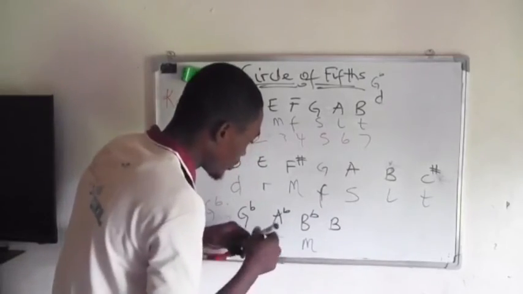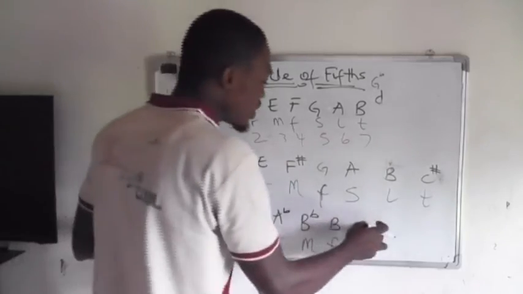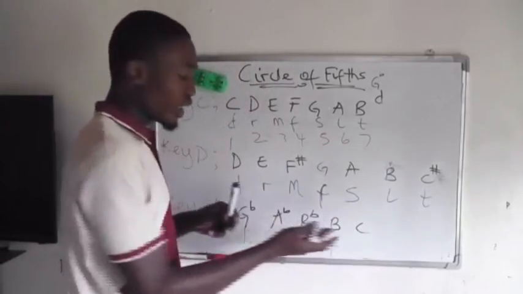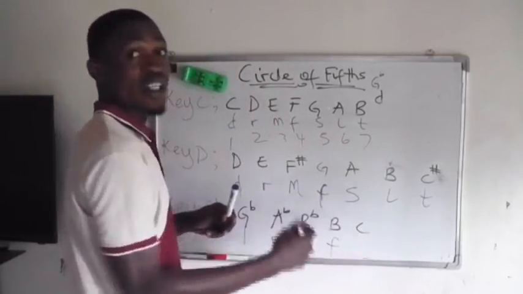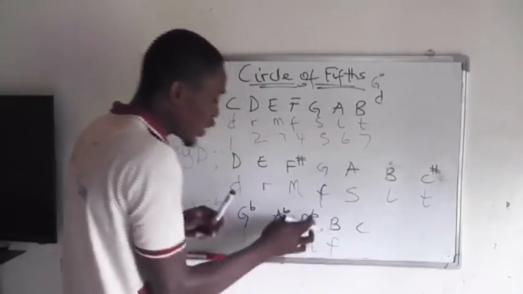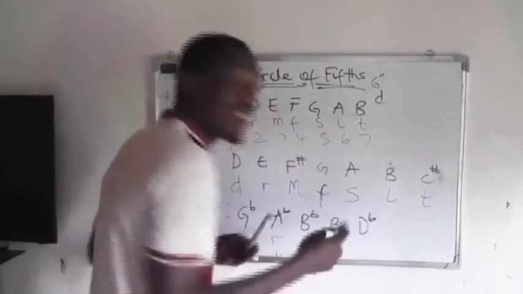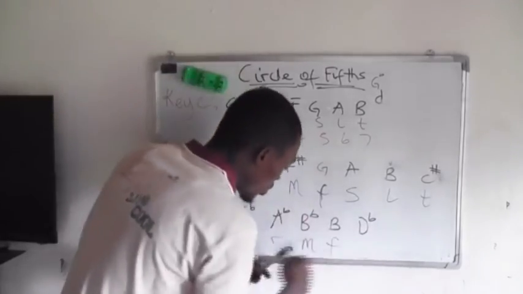So you now have the key of what? B here as your fa. So from B to C is what? A semitone. But from fa to sol is what? A tone. So you have to get this as what? C sharp. But since you are writing in terms of flat, we use it as what? D flat. C sharp is the same thing as D flat. So this is going to be what? Your sol.